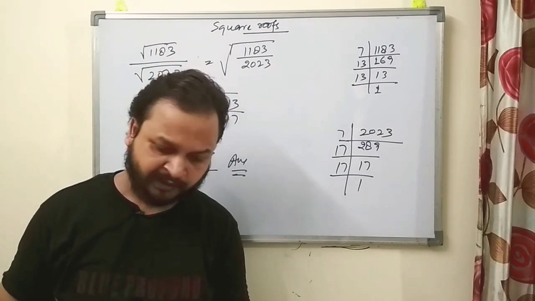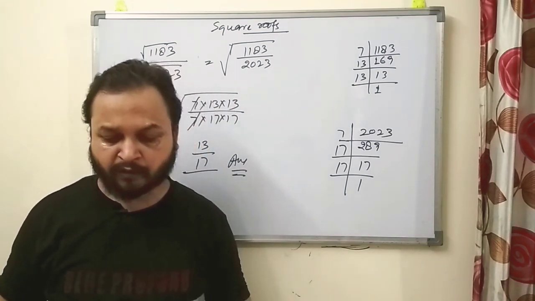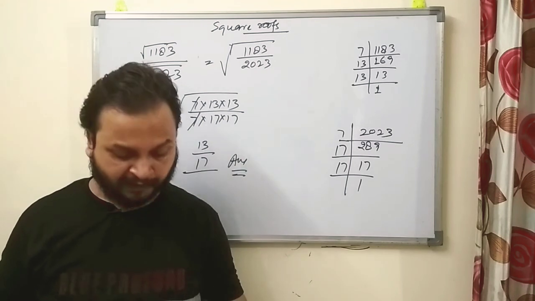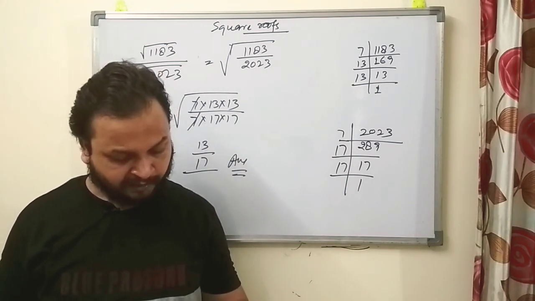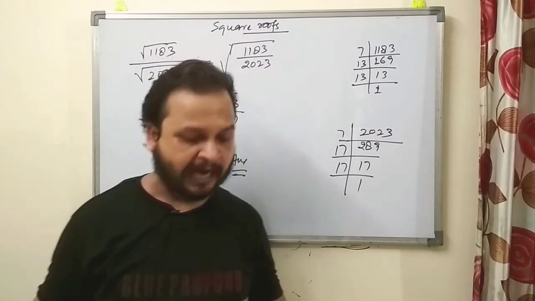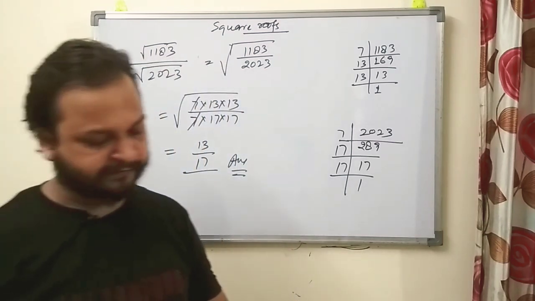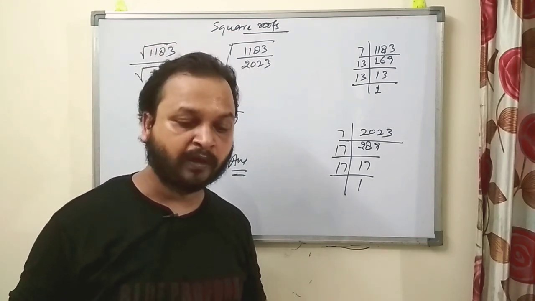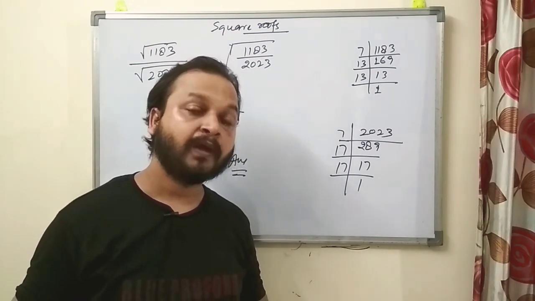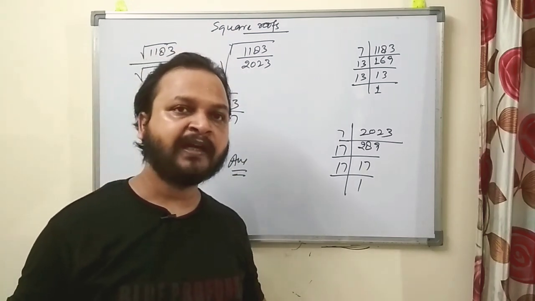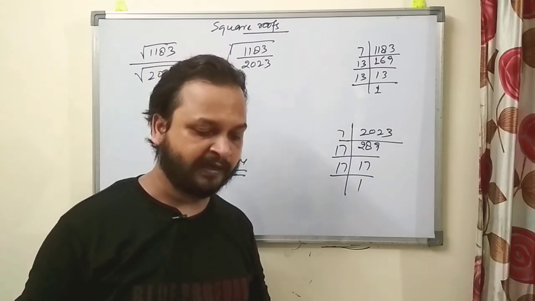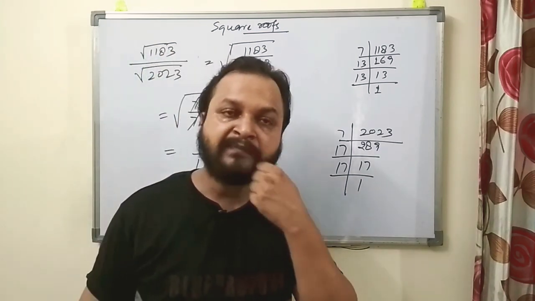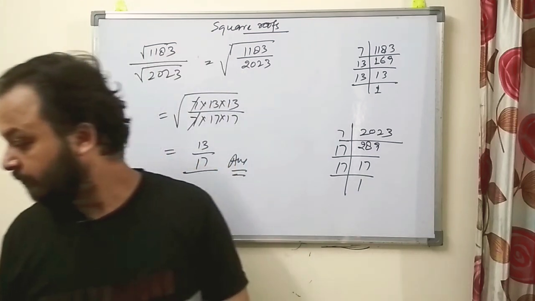And different types of word problems also come in this chapter. Suppose I take an example like: find the greatest 4-digit number which is a perfect square. Or a question reads: what least number must be subtracted from 750 to get a perfect square? So first, in these types of questions, find the square root of 750 by the long division method. You will be left with some remainder, and that remainder you must subtract from the given number and you will get the value.